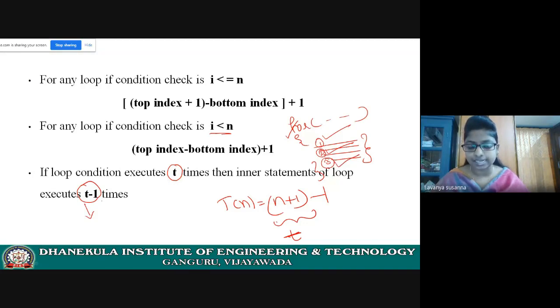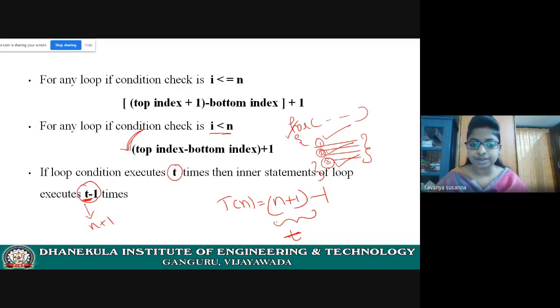See, t minus 1. Here you got t as n plus 1. T means time taken. By using this formula, you calculated the time taken. Now, how many times will the inner statements execute?